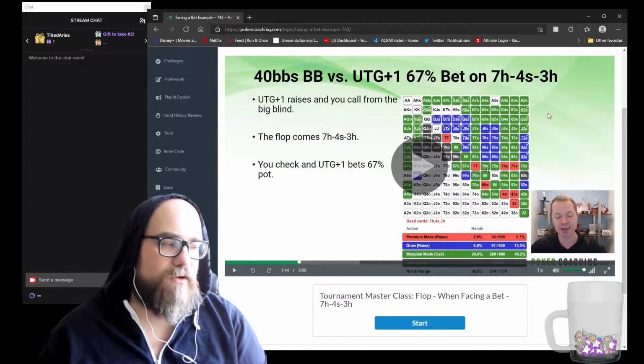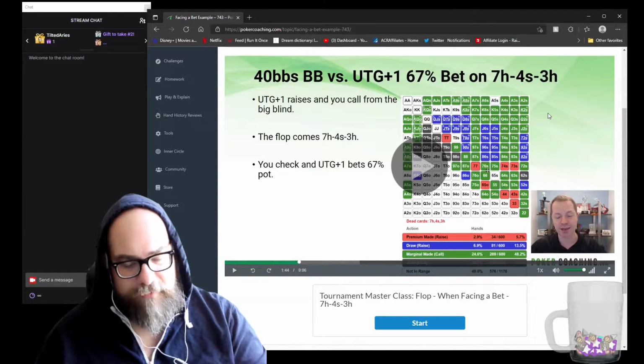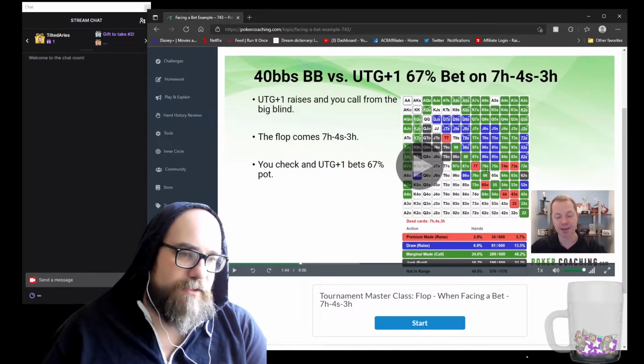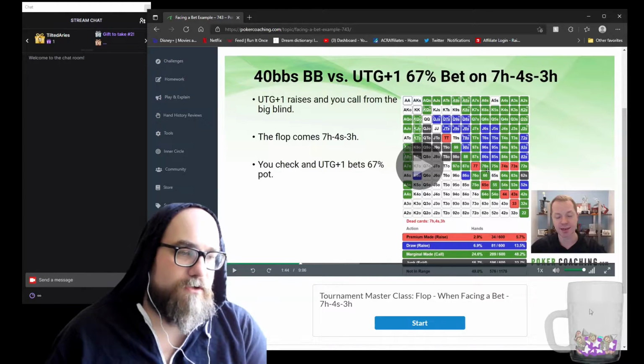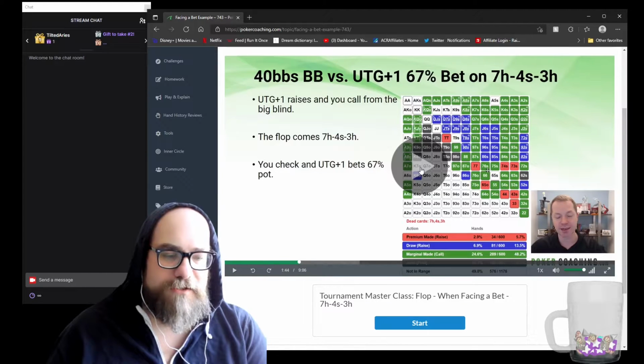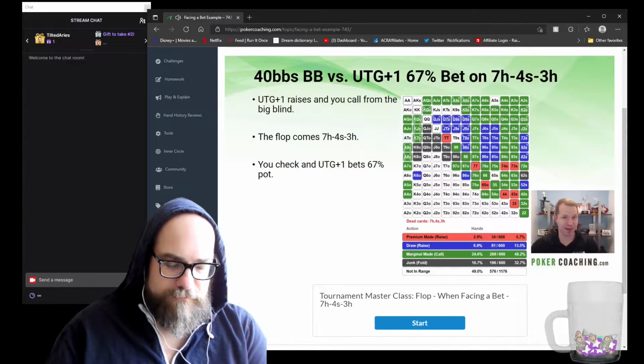Deeper in tournaments, this is a good move to pull on the button or on the bubble when you get opened by the low jack or something. But under the gun +1 on the bubble, it's kind of sketchier. It's a good one to do on the final table, I'll tell you that. Yeah, so interesting, just because we've seen that previous example in previous